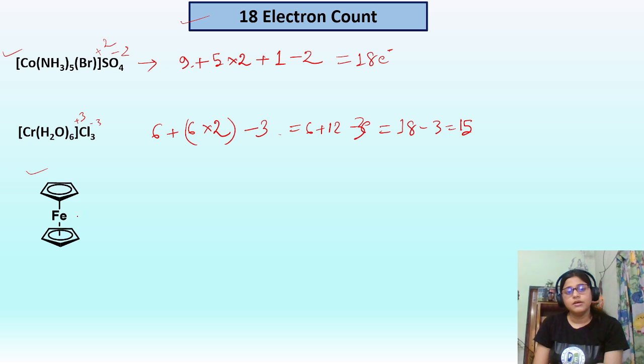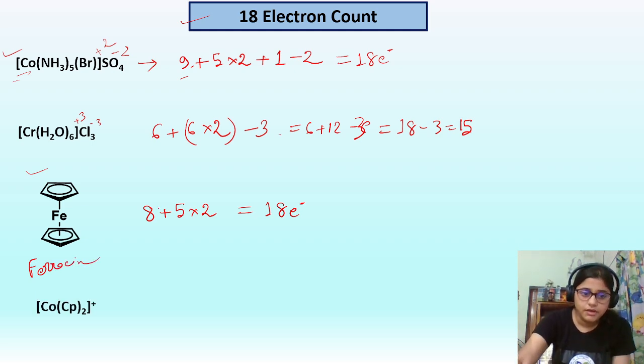So Fe, before cobalt Fe comes, and after manganese. Okay, before cobalt, which we have taken as 9, it will be 3d6 4s2, right, for Fe, so we have to consider 8, and this is bonded to 5 carbons. For the neutral method we have to take 5, so 5 into 2, it will be 18 electrons. So this is actually the ferrocene compound, so it is a very stabilized compound. Okay,